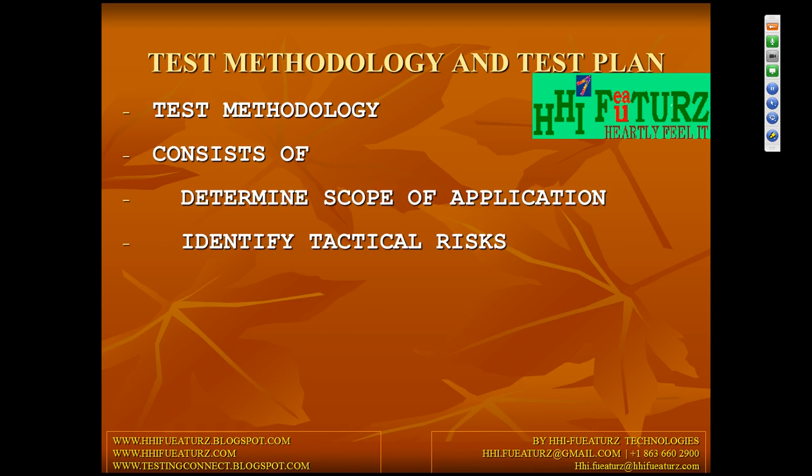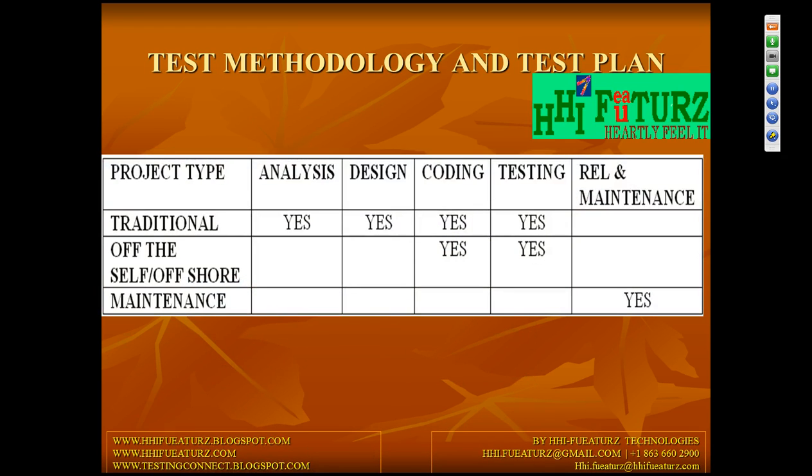So what are the types of projects? Don't get confused. There are four types of applications if we go over them in detail: one tier, two tier, three tier, and n tier. But at a high level, you may consider them as two tier applications, which is nothing but client server applications, and web based applications, which you can also consider as n tier. But here we are talking about the type of project.